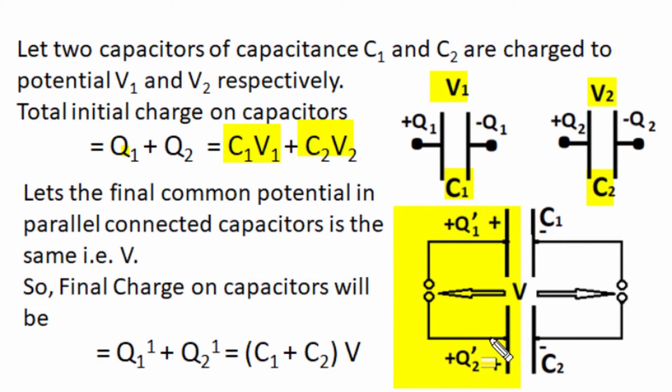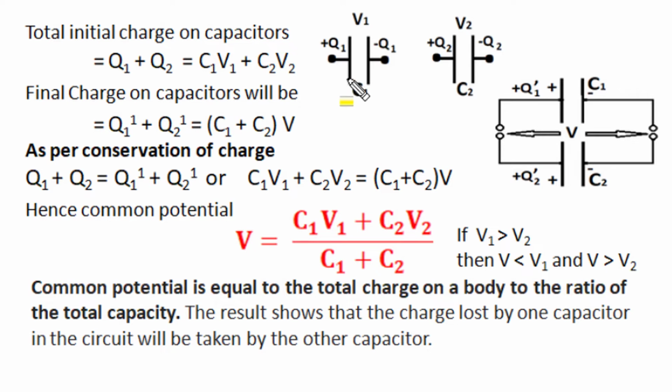the two capacitor plates will redistribute such that charge conservation holds true, and after redistribution, when the parallel connected capacitors attain identical common potential, the charge on one capacitor Q1 dash and charge on the second capacitor Q2 dash is given as C1 plus C2 multiplied by V, where V is the common potential of this parallel system of two capacitors after charge redistribution. So initially when capacitance C1 got a potential V1, its charge Q1 is C1 V1, and capacitance